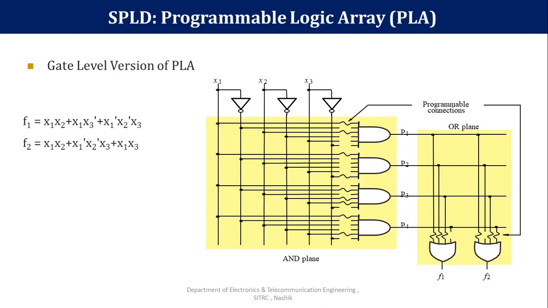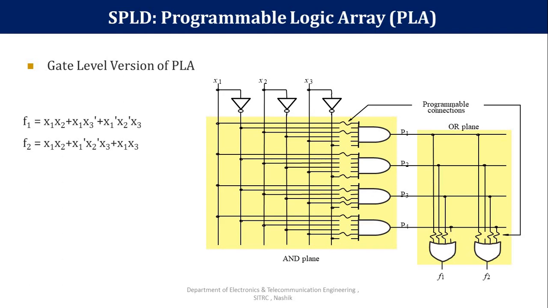Then we require three AND gates to generate the first function. Inputs to the AND gates are either x1 or x2 bar and so on. Suppose the first product term is x1 and x2, hence these are connected to x1 and x2. Second is x1 and x3 bar. Third is x1 bar, x2 bar, x3. In this way, different products are generated: first product term P1, then second product term P2, then third product term P3.